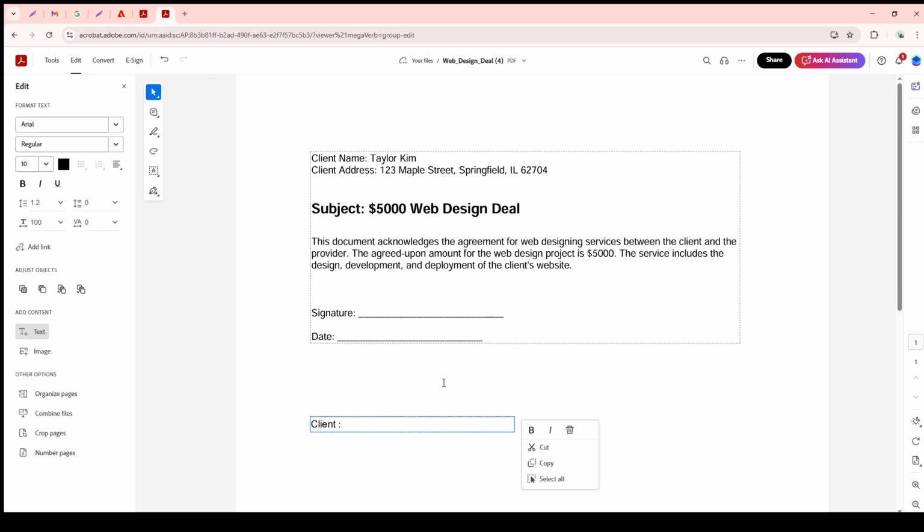And there you have it. Adding a text box in Adobe Sign is as simple as that. Make sure to save your document once you're satisfied with your additions, and you're all set with a neatly customized PDF ready to be